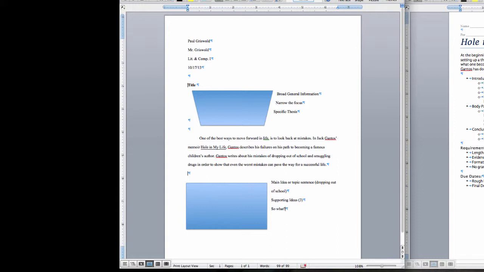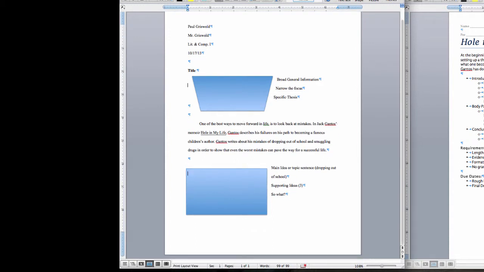Why should I care about those supporting details? And you'll repeat this for however many paragraphs you need. Typically, a good body paragraph is longer than an introductory paragraph because you just have more things to say, more information. You want to make sure you explain yourself fully, because if not, I'm going to be asking the question why all over your paper, and that's not what you want.